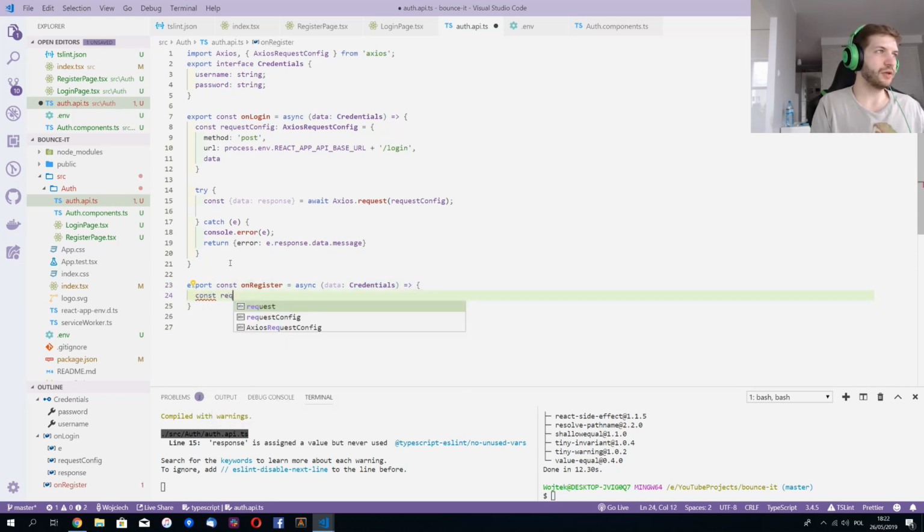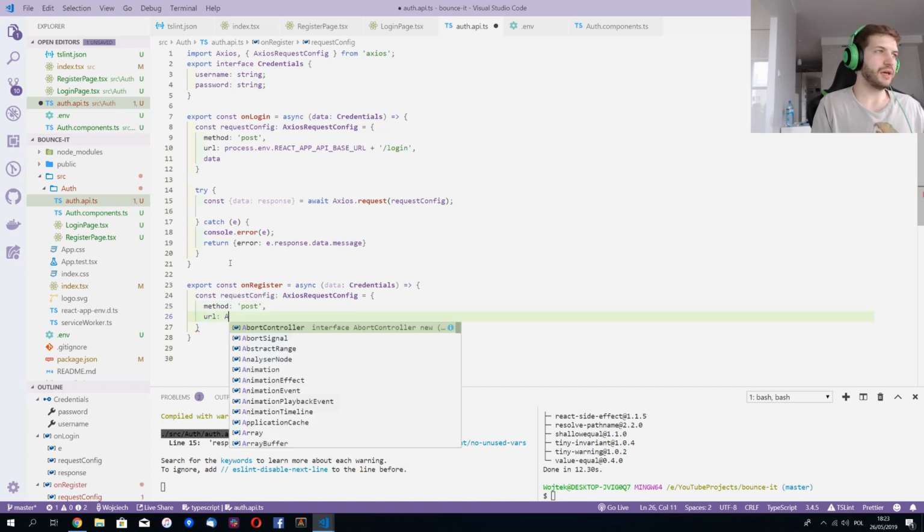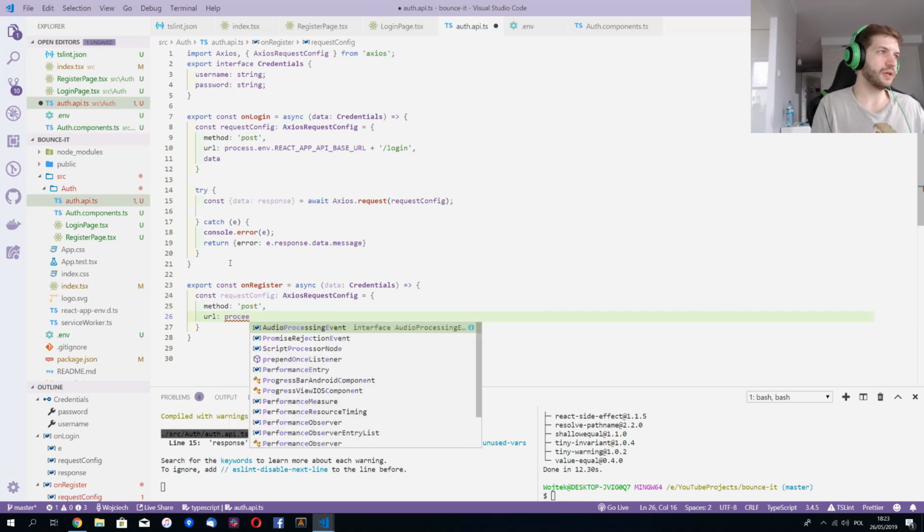We'll create the request config object of type Axios request config. Okay, method is going to be post. URL is going to be API. And now it's going to be process